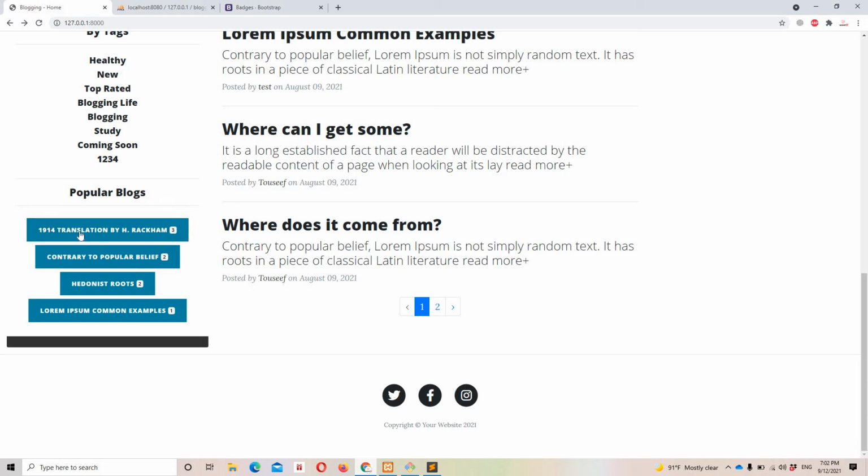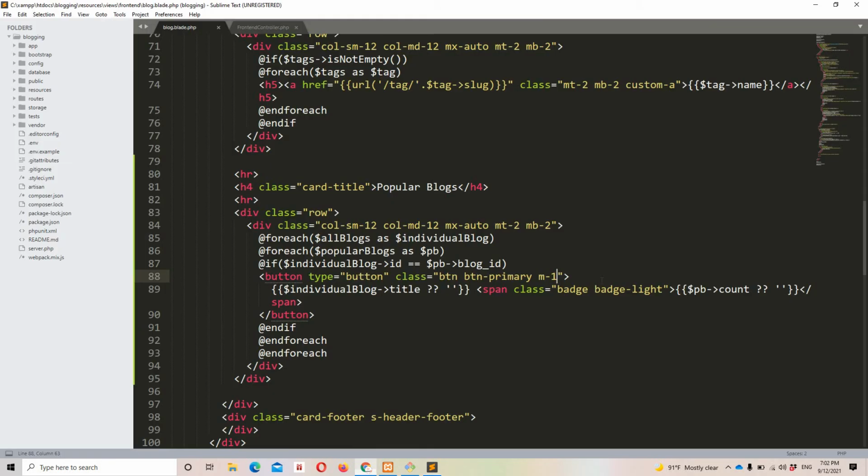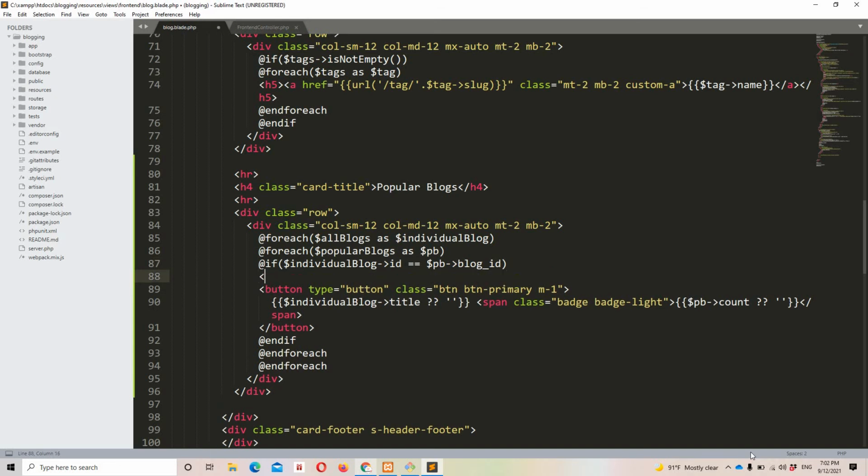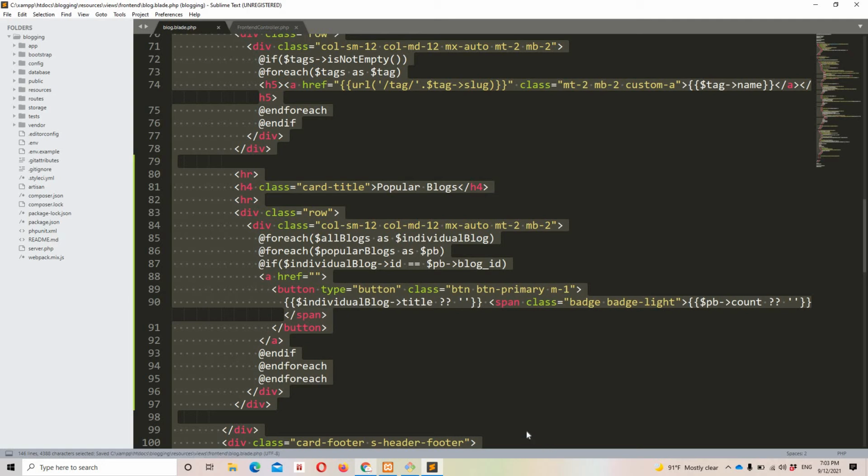Now what we need to do is, guys, let's say if a user wants to see this specific blog's details, he can simply click it, but now it's not clickable because it's not an anchor. So let's implement an anchor, and let's make this a working link. For that, the best way to define our anchor is right here, just before the button, anchor, and let's say href would be, I think we already have a URL because we are viewing our blog details. So yeah, let me close this anchor just in case I forget.